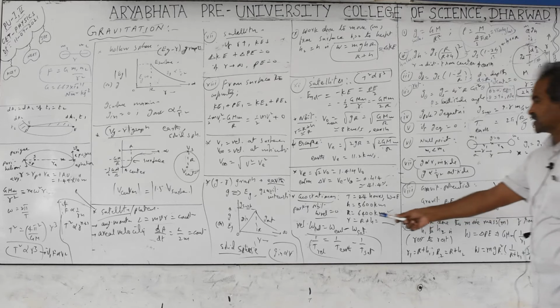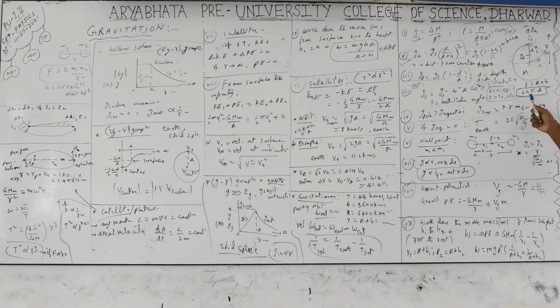To compare, the radius of the earth is 6400 kilometers, and we are just below 10 kilometers, so we can compare this relationship. At 1 kilometer depth you get some g value. At what height will you get the same g? That means 2h equal to d, so h equal to d by 2; you have to take this calculation.